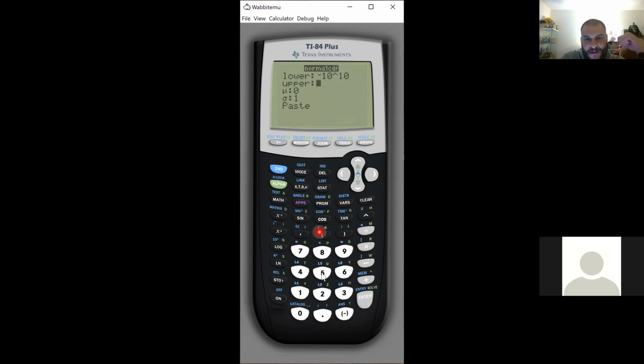My upper bound, we say, is 2.33. My mu is 0. My sigma is 1. So you go to paste. You press enter. If you have an older calculator, the way yours will show,